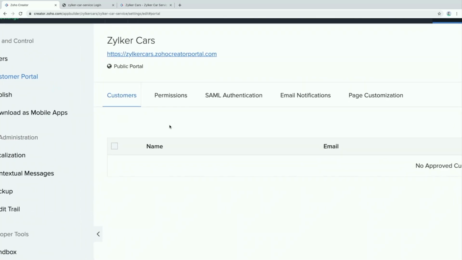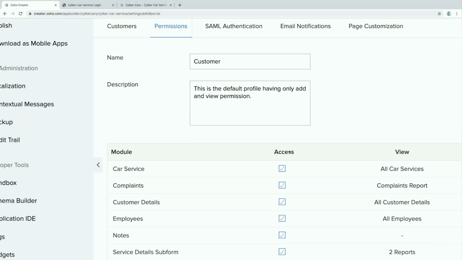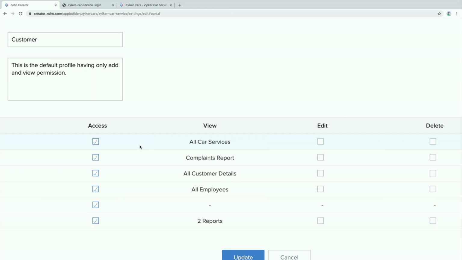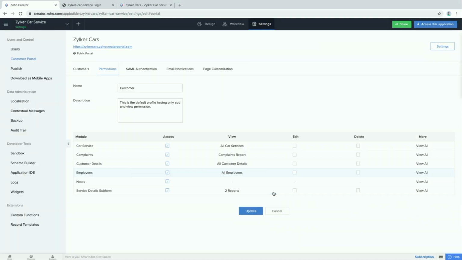And just like how we saw permissions for internal users, you have something similar for customers as well. Almost the same level: access permission, view, edit, delete permission. The additional field level permissions are not applicable for customers. Roles are not applicable for customers. Customer altogether is considered as one role. Customer is a role. You can't have someone called senior customer or junior customer in there. So that's one role. And you can also have multiple profiles created in here, but the role is always going to be customers.